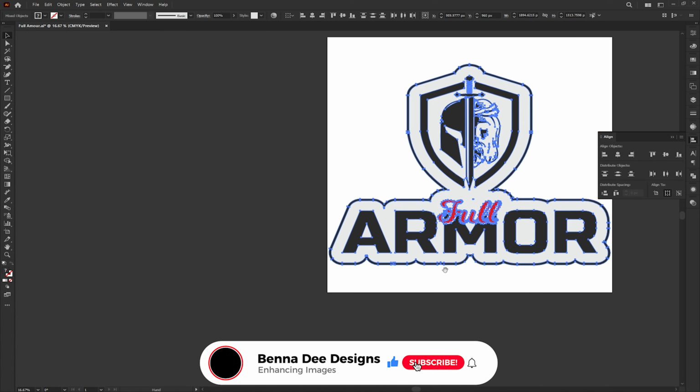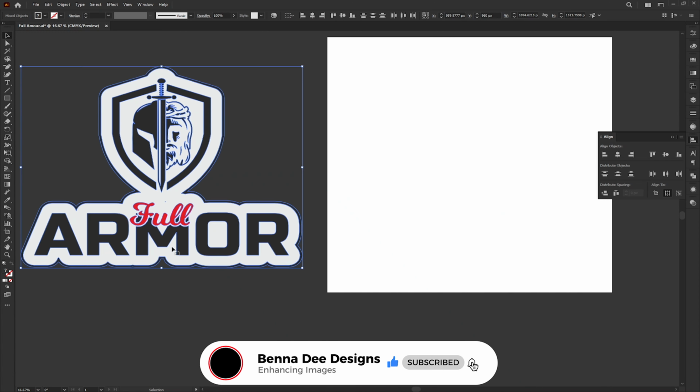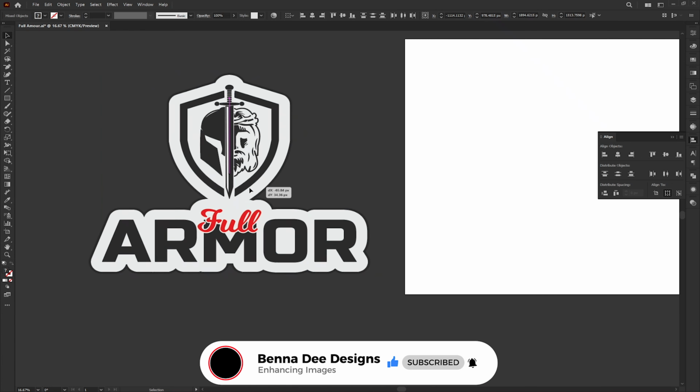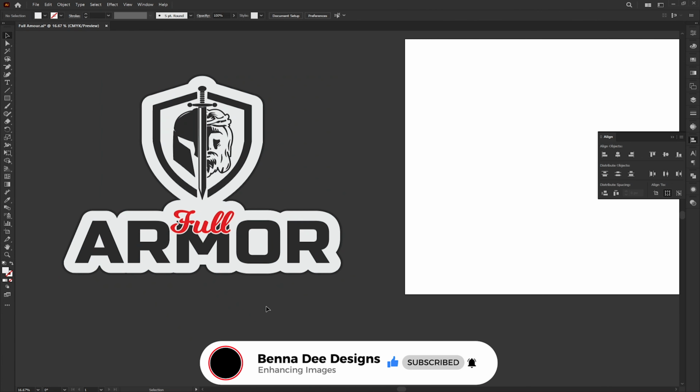You can drag it outside the canvas to see how it looks, and that's how you can go about creating a sticker using a logo or any